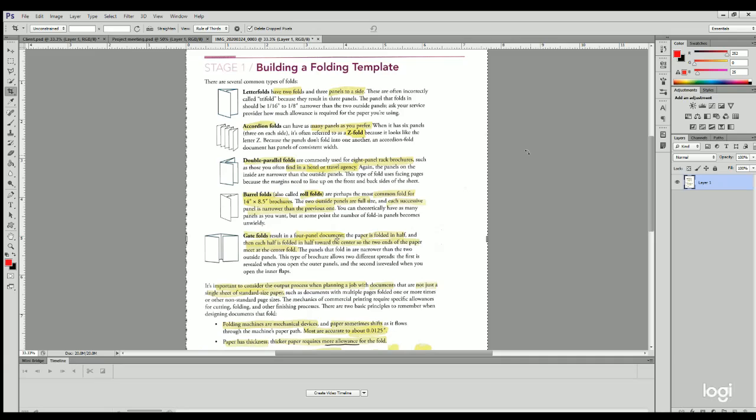You don't see them as often because they are more expensive, but you will often find them in a hotel or a travel agency or like at a chamber of commerce. Again, the panels on the inside are narrower than those on the outside panel. This type of fold uses facing pages because the margins need to line up on the front and the back